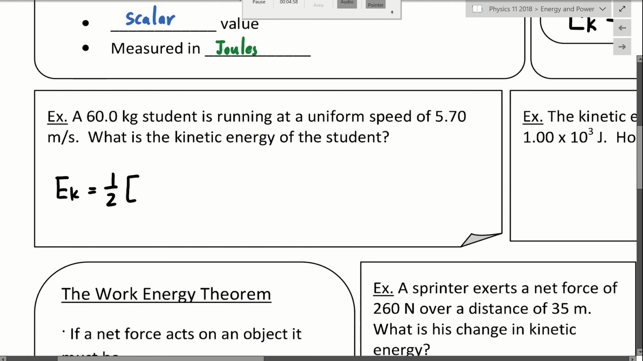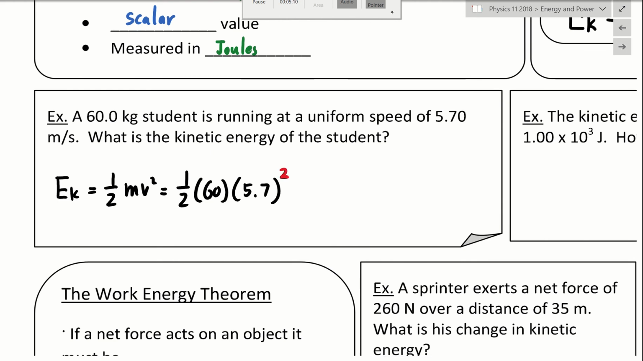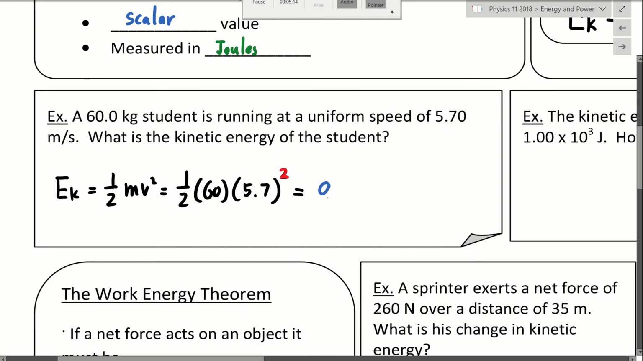So 1/2 mv squared, right? The equation is 1/2 mv squared. So it's 1/2 times 60 kilograms times 5.7 meters per second squared. So don't forget the square. Using a calculator, if you can use it correctly, you get about